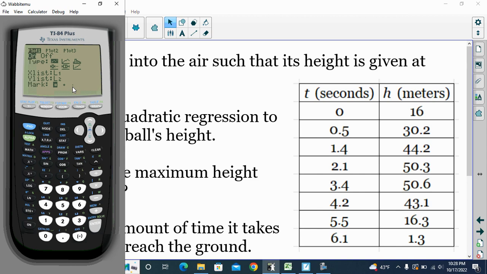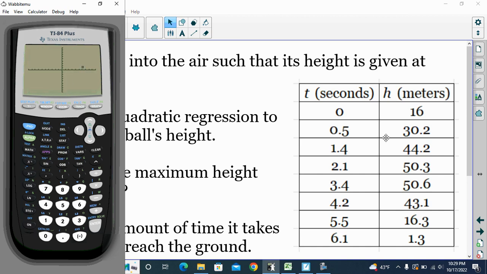That last one's kind of hard to see, but pushing graph, I still am not going to see my points. Actually, that's an old equation that I graphed. We can probably get rid of that one. But even still, graph shows me nothing. Usually we start with zoom number 6, which I guess I've got 1 point there, but I still can't see